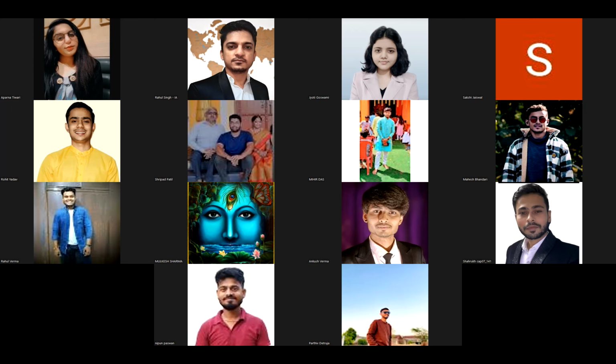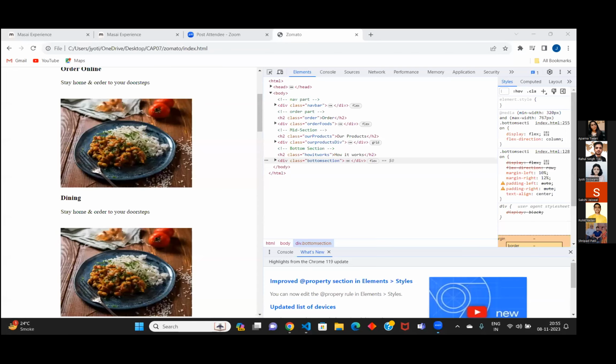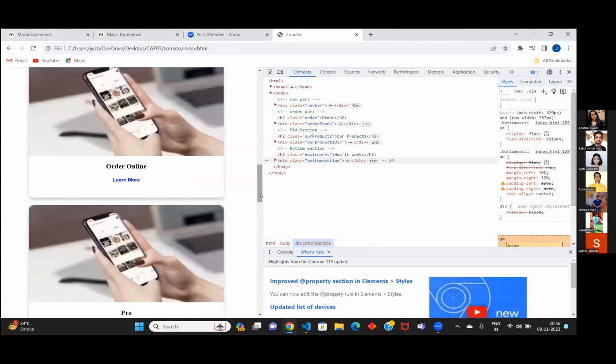सर मेरा एक HTML का डाउट था थोड़ा सा। हाँ, यू कैन आस्क। सर मैं स्क्रीन शेयर करूं? यस, यू कैन शेयर। ओके सर। सर इज इट विजिबल? यप, विजिबल।